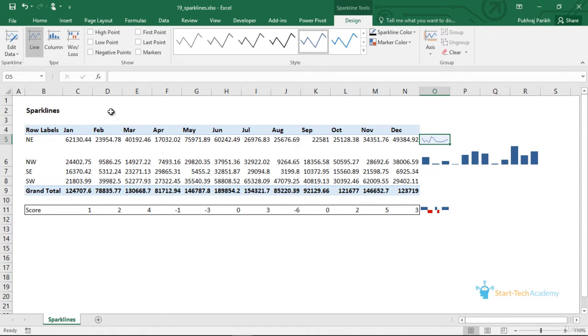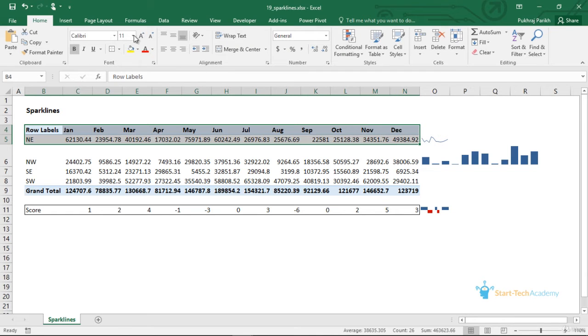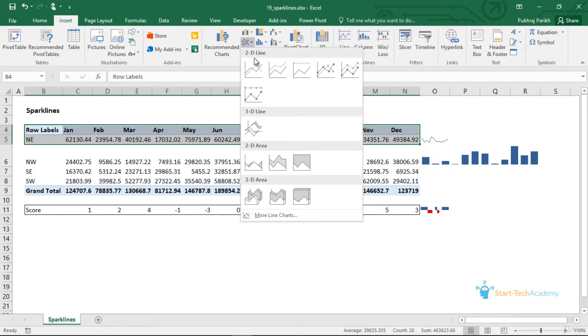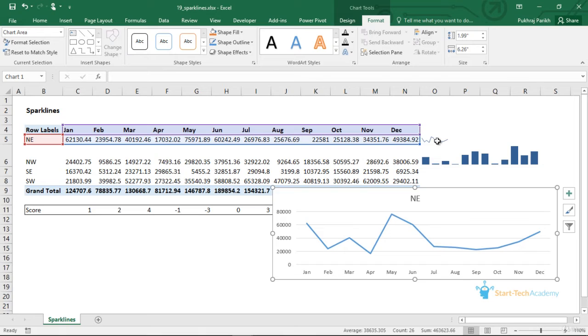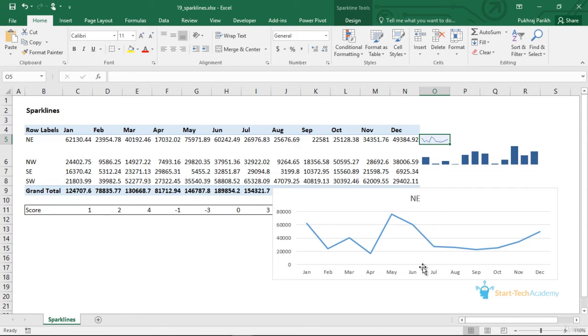So as I told you, it's a small version of the line chart. Let's draw a line chart once to compare whether this sparkline is same as the line chart. So this is a line chart. You can see that the trend that we see in the line chart is also represented by this small sparkline. So whenever you are sharing a large amount of data with some other people in your workplace, and in your worksheets you cannot draw big charts, a small sparkline can serve the purpose of highlighting that there is some trend in the data that you are offering them.